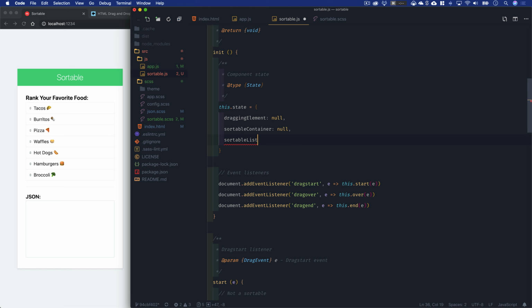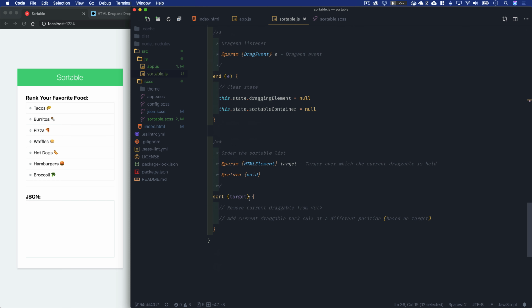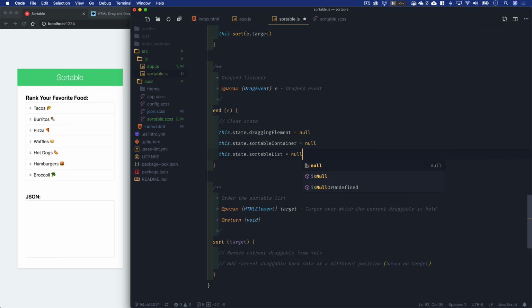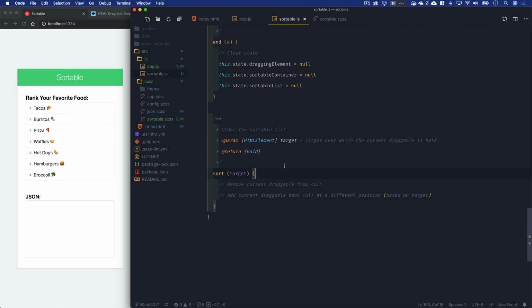Let's come up here and let's add sortableList as null inside of our state, and then we'll also set that back to null on end. So this.state.sortableList is equal to null whenever we end our drag operation. And now that we've saved our sortable list inside of our sort method, we can remove current draggable from the ordered list. So we can say